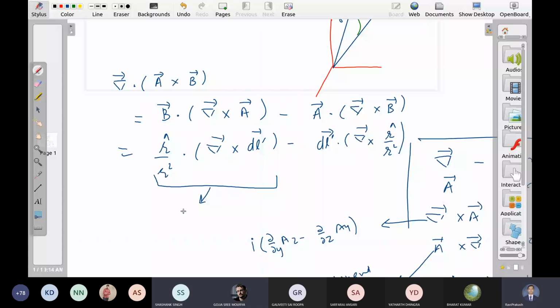Right, right. Prime coordinates. This operator works on the unprimed variable, the one which is not primed. Rest of the things are constant for it. So this is like a constant vector for it. So when you take the derivative of a constant vector, you will always get 0. What about this quantity? So ignore dl prime, it's just a constant vector. Main thing is this.